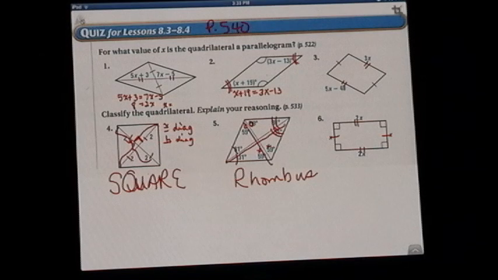Okay, so now to give you the answers. The answers to quiz 2 on page 540. Number 1 is 4. X is 4. Number 2, X is 16. Number 3, X is 24. Number 4, it's a square because it's both a rhombus and a rectangle. Number 5, it's a rhombus because its angles are bisected by its diagonals. And number 6, it's a rectangle because it has 4 right angles. You didn't really even need